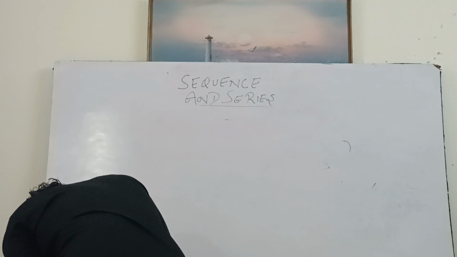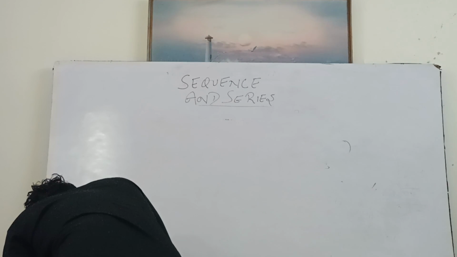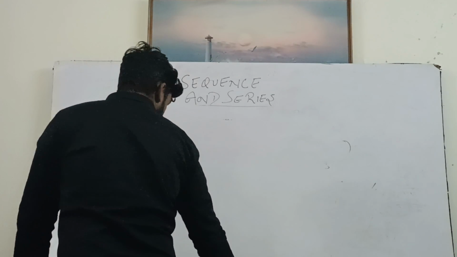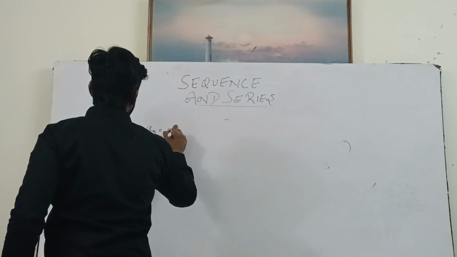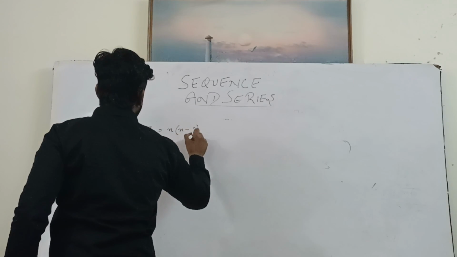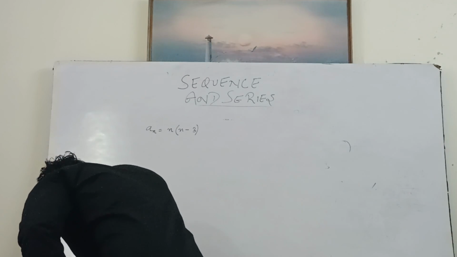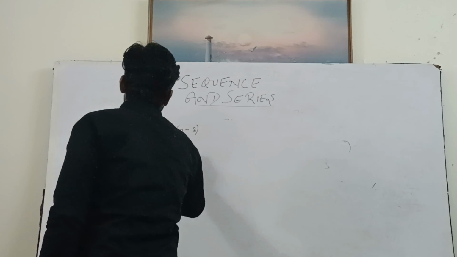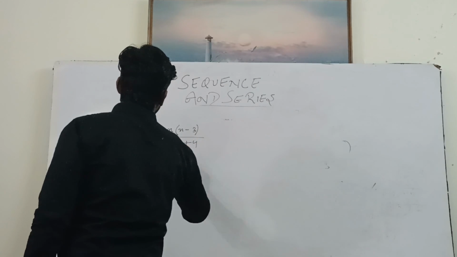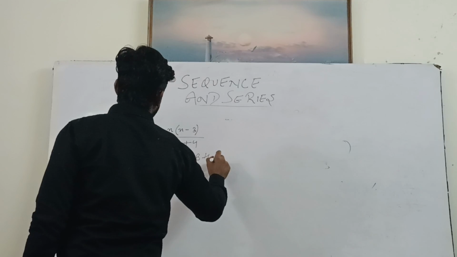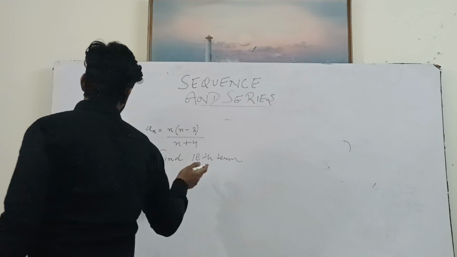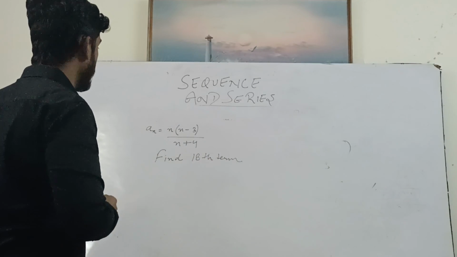अच्छा, अब क्वेश्चन देखते हैं कि, let's do a very basic question, general series question। an is given to you, since it has been asked in your boards, so I am giving you this question। an is equal to n into n minus 3 divided by n plus 4। Now find the 18th term। इस तरह के भी क्वेश्चन आते हैं 2 मार्कर या 1 मार्कर्स में, तो अब तो MCQ भी आने लगे शायद।